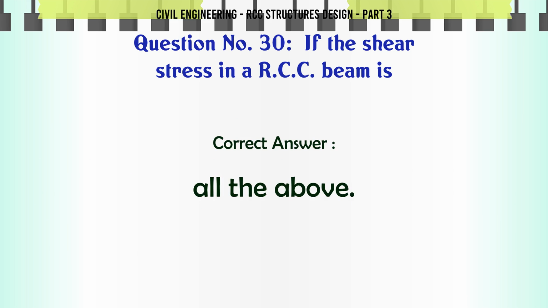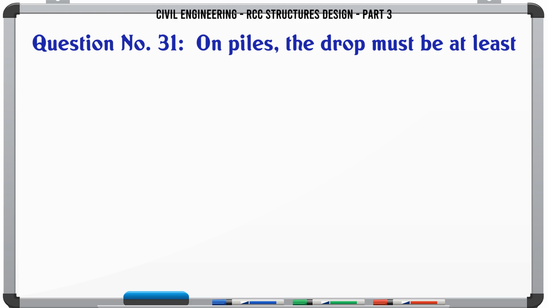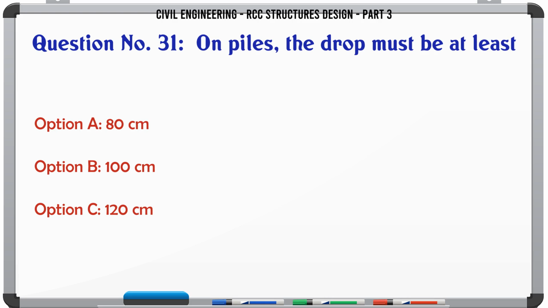The correct answer is all the above. On piles, the drop must be at least A. 80 cm, B. 100 cm, C. 120 cm, D. 140 cm. The correct answer is